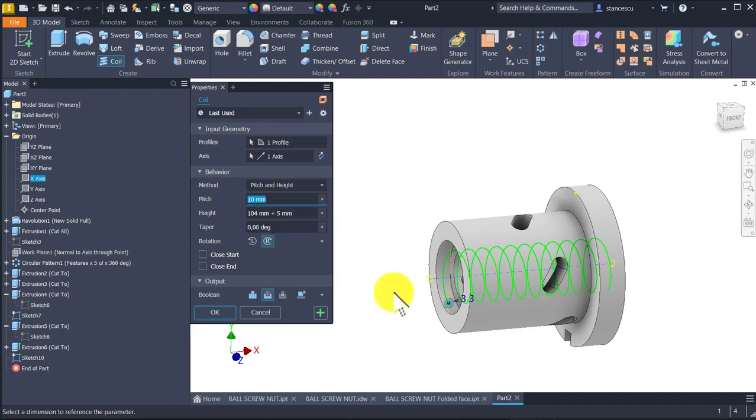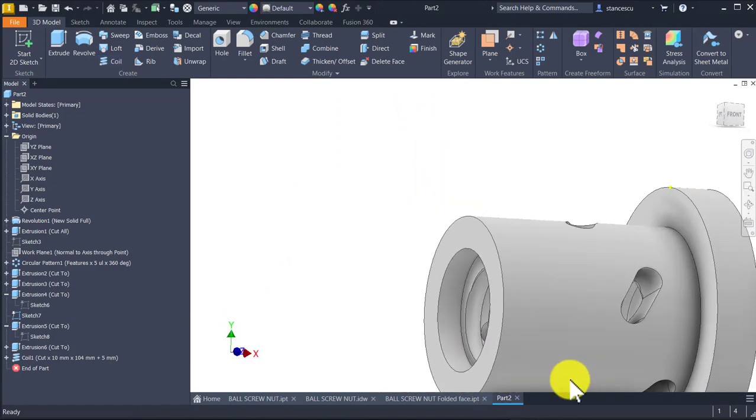The height, the distance between ends, is 104 millimeter plus 5 millimeters. Okay, but you see, be careful, we select cut, not join, of course. Okay,